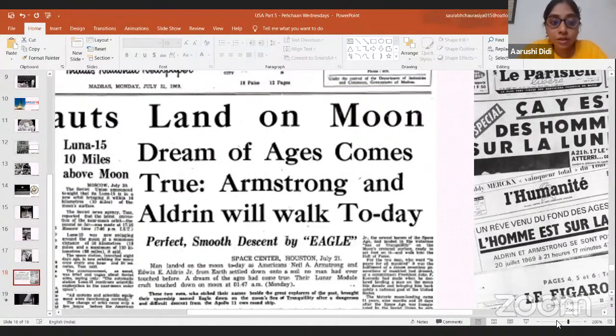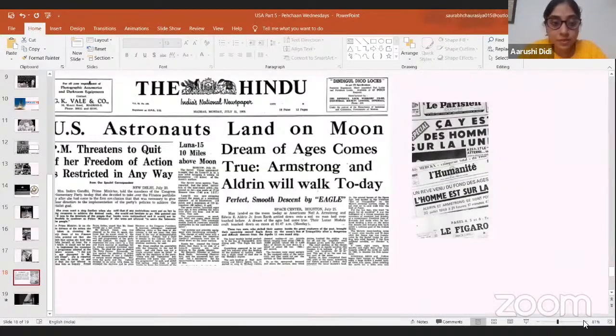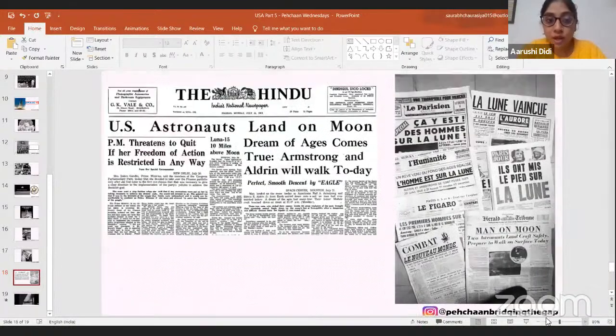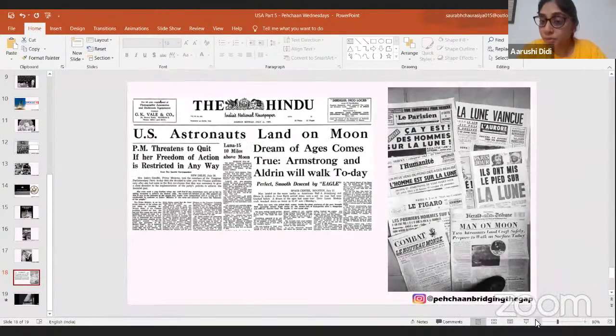Yes. So here we have several newspapers. Thank you, Saurabh, for zooming out. We have newspapers from around the world of that time. Do you see they are in black and white? Because they are of that era. Today's newspapers have colors, right? They don't have colors. Why? Because they are of that era. That's how you identify things, right? That's how you see where what is from. So this is from that era.